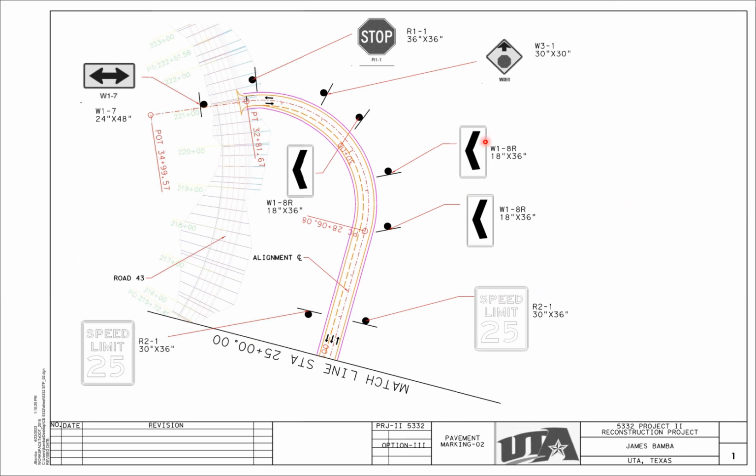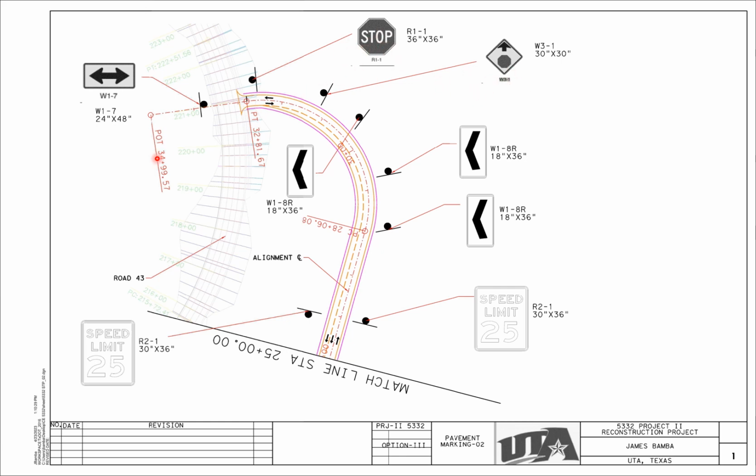The same, similar to what we saw on the previous slide. Since we move into 25 miles per hour, I have the 25 miles per hour sign in both directions for drivers to see, and also the horizontal curve sign, so that drivers know they are going through a bend and can reduce their speed. I also have the advanced stop sign notice here, so that drivers can be aware that they're coming to